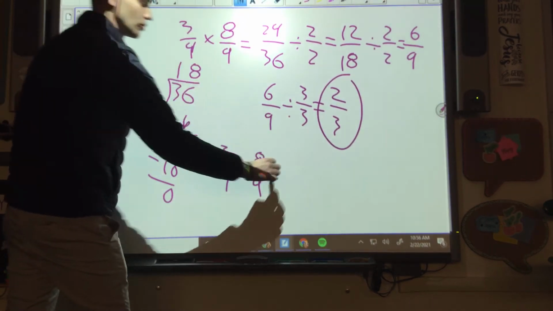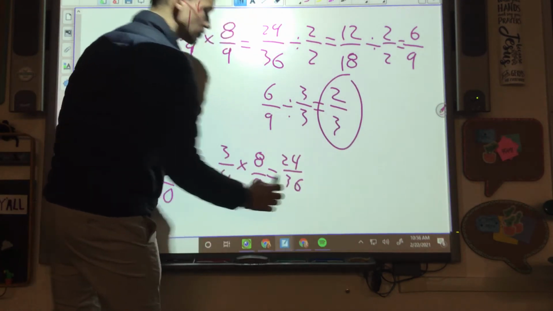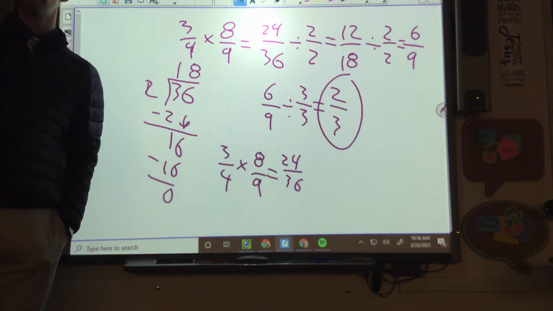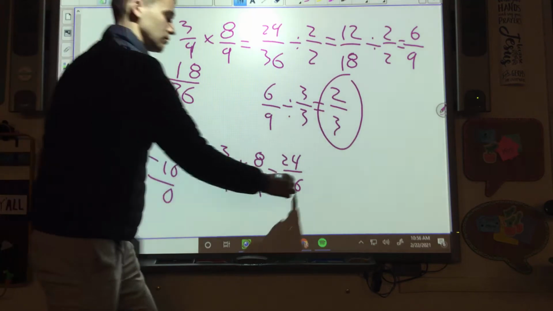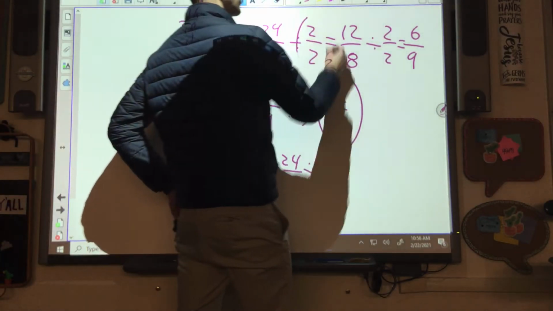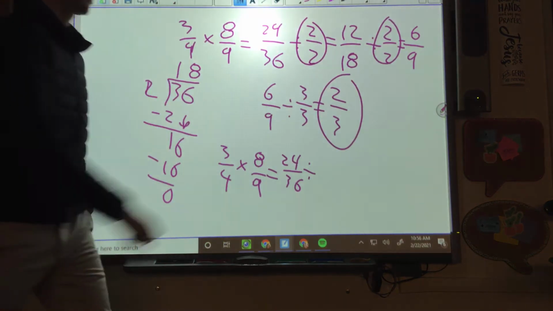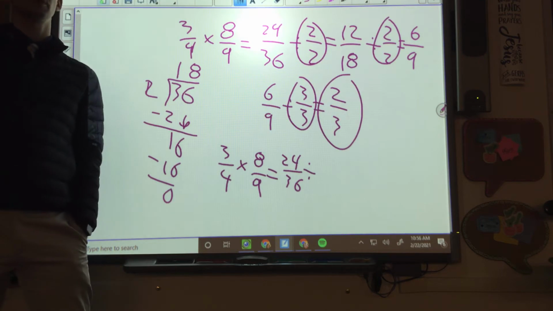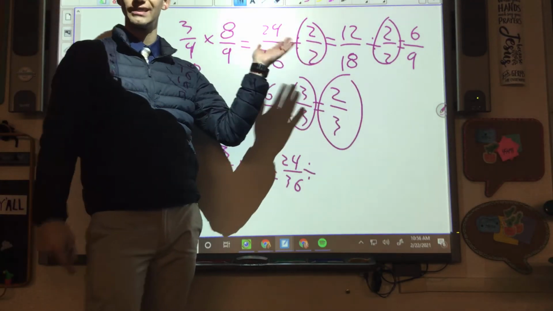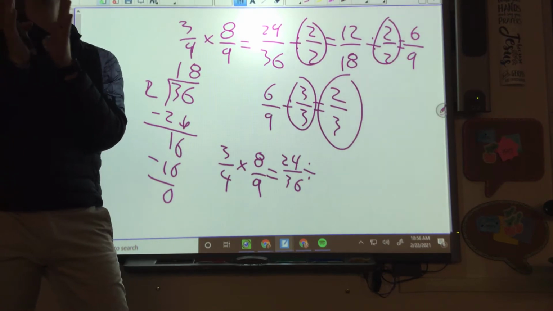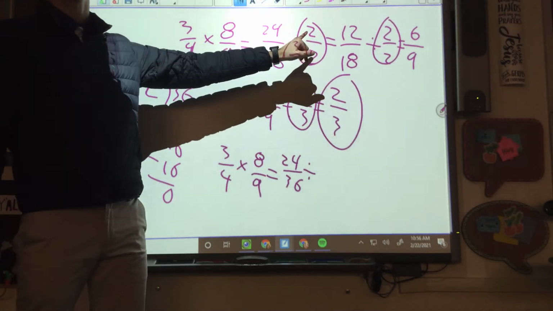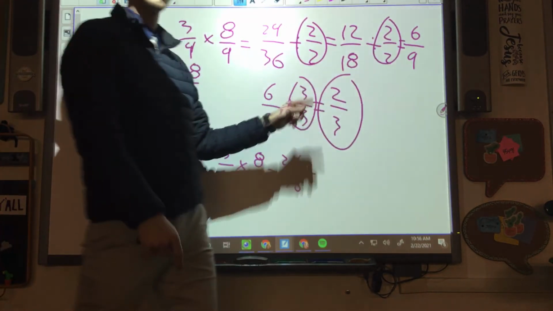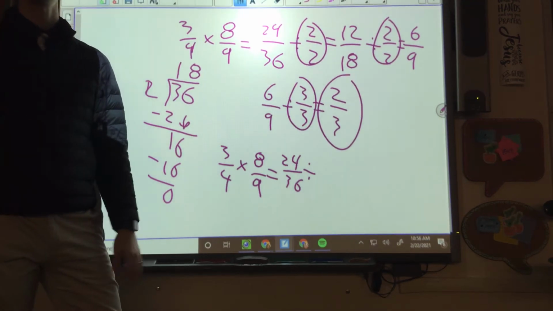And let's go back where it's 24 over 36. What other numbers could we have divided by to make it faster? So we know we divided by 2, we divided by 2, and we divided by 3. It's not plus. Remember, you divided by these. So if you're trying to see what they are together, you don't add them. If you're trying to figure out the big number that you would divide all these by, you multiply these together. So 2 times 2 times 3. 2 times 2 is 4. 4 times 3 is